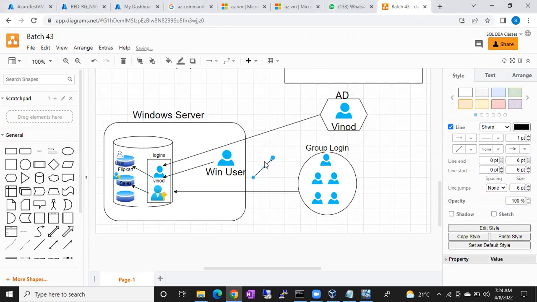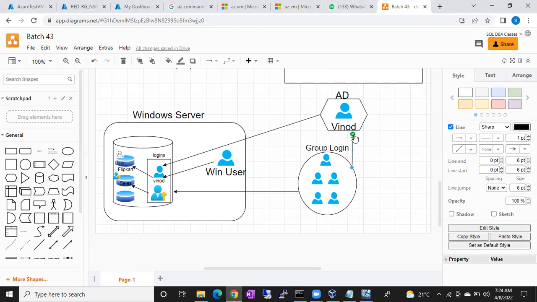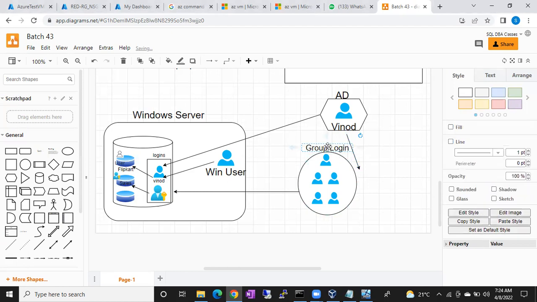First, we have to create a group with up to 3 users in Windows. Then we have to add those users in the group. Which group do I have to add? In Windows first, we have to add. We have to name the group first.